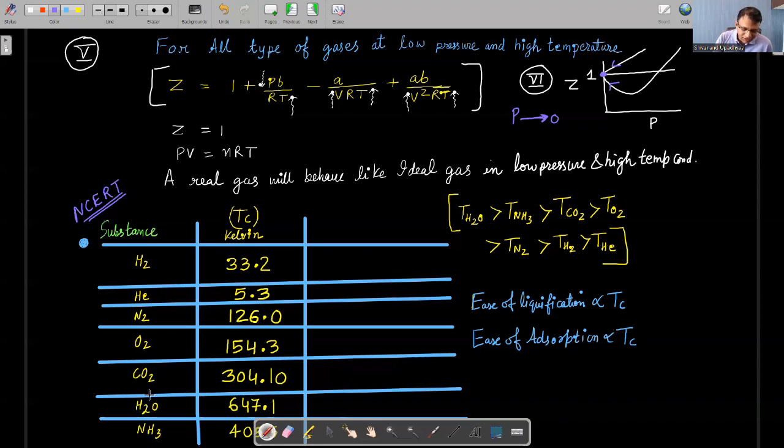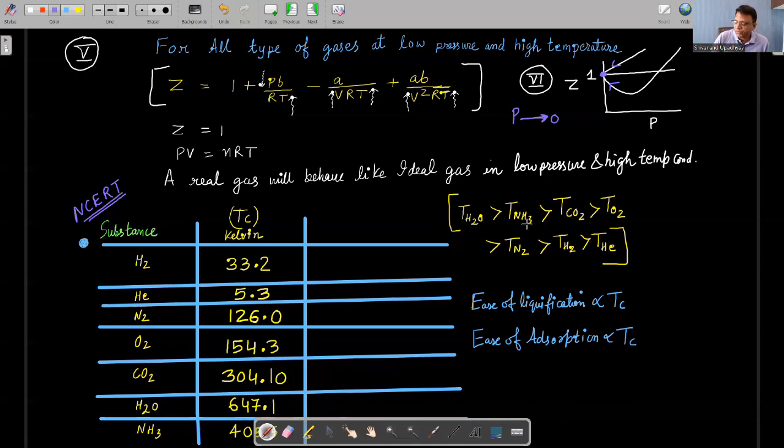So in water there is hydrogen bonding, and its critical temperature is the largest among these. So we can say that water is easy to liquefy, meaning water vapor is easy to adsorb also. So by looking at the data, we can say that the critical temperature of water is greater